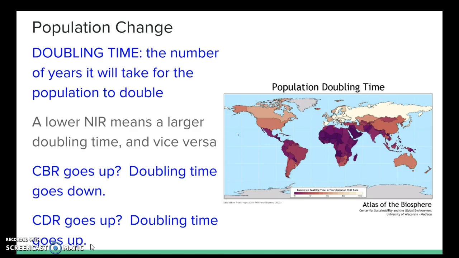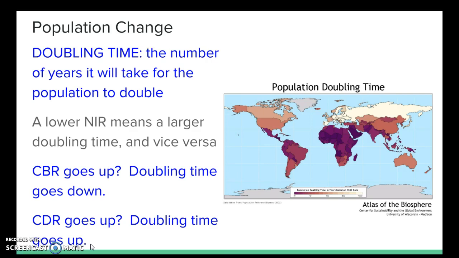When you're looking at NIR, this can also impact a statistic called doubling time. And doubling time is simply how many years it's going to take for a population to double. Whether it's 40 years to double, 70 years to double, or 25, though 25 would be ridiculously fast. It's related directly to